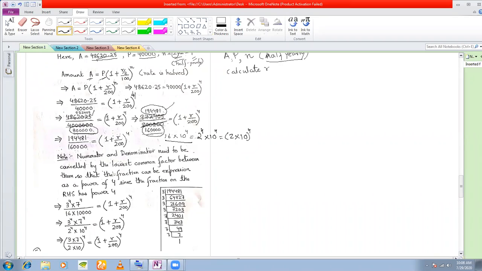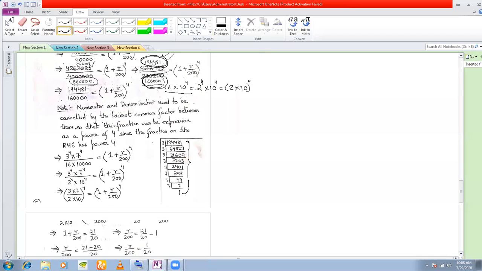Okay, so once I know that this is the power of 4, this is a wild guess that the problem is framed accordingly, that my numerator must also be a power of 4. So once I've got one denominator as a power of 4, my guess is that the numerator will also be a power of 4. So what I do is I prime factorize the numerator. When I prime factorize the numerator, what I see is that I get 3 to the power of 4 into 7 to the power of 4. That means this number actually was a power of 4, this one. And the denominator, I knew it as a power of 4.